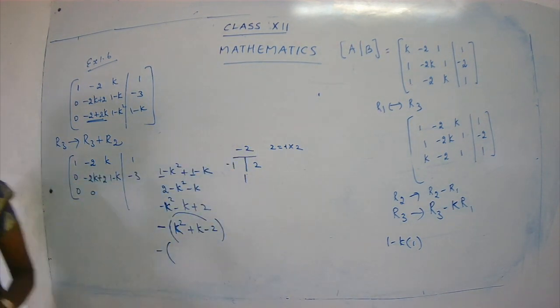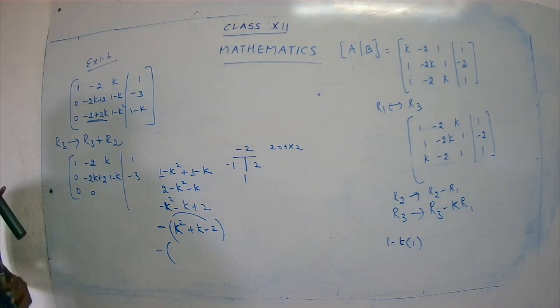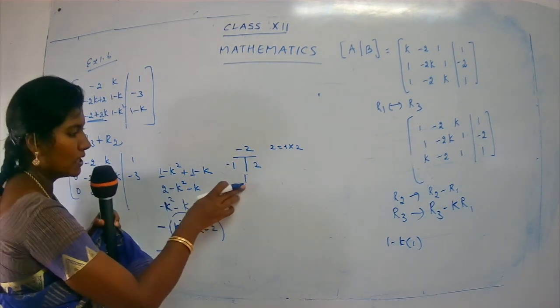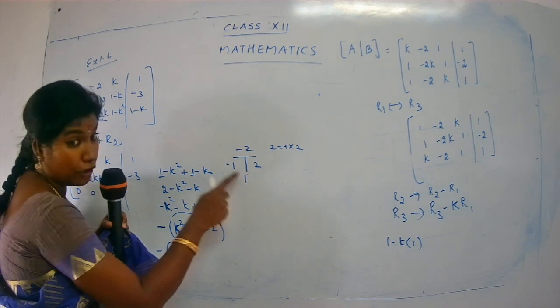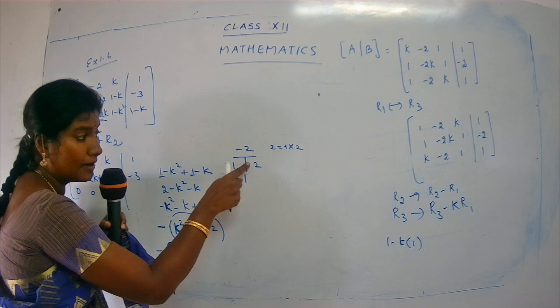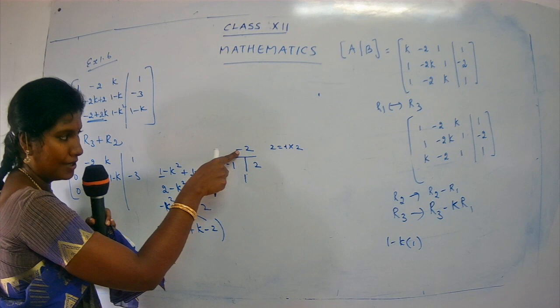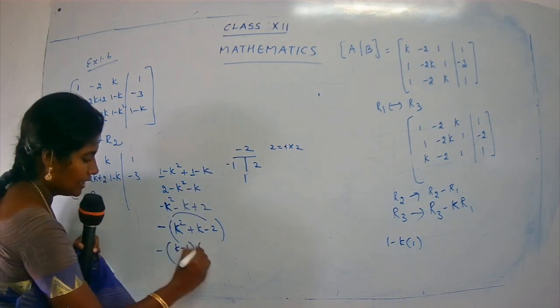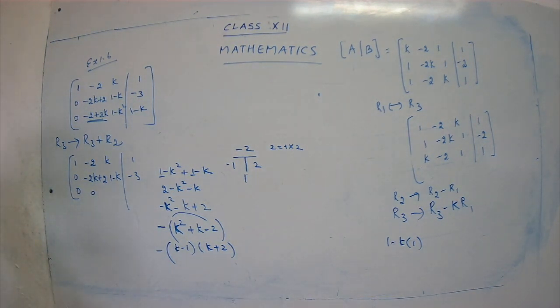Now let's take the multiples of 2. That is, you are going to express 2 as a product of two numbers. So I'll write 1 into 2. What is the sum here? The sum is 1. That means the bigger number should be positive. You have to put the sign of this number for the bigger number. So what is the sign here? Plus. So for the bigger number, what should be the sign? Plus sign. And for the smaller number, you put minus, because you have here minus 2. So k minus 1, k plus 2. The minus sign is out common. K minus 1, k plus 2. Okay, children, so I'll put there k minus 1, k plus 2.